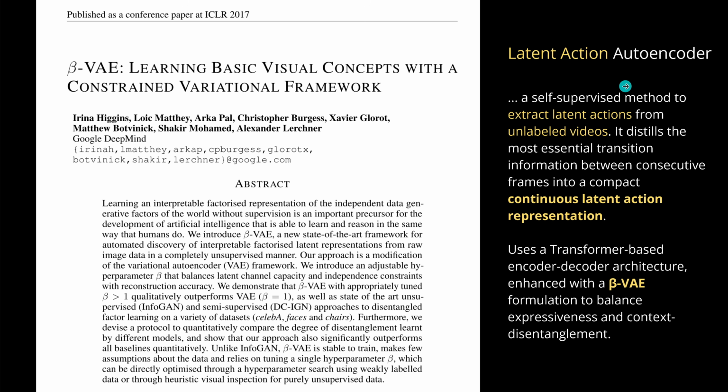So we are looking for a latent action autoencoder. We want to understand what action is happening in the videos because we don't have action labeling. So we need a self-supervised method to extract our actions from the unlabeled videos. The AI must understand, okay, now the person is lifting its right arm, and then it sees the video content and video tokens, and then it can make a relation to this. It has to learn everything.